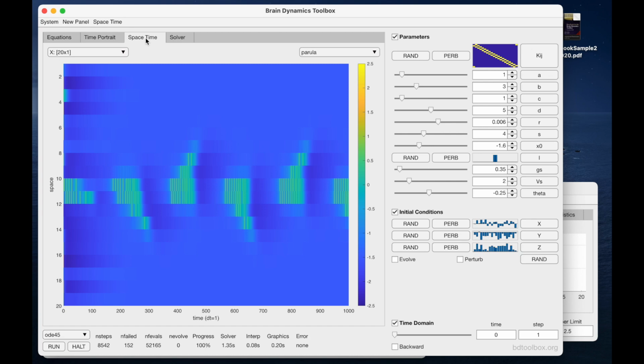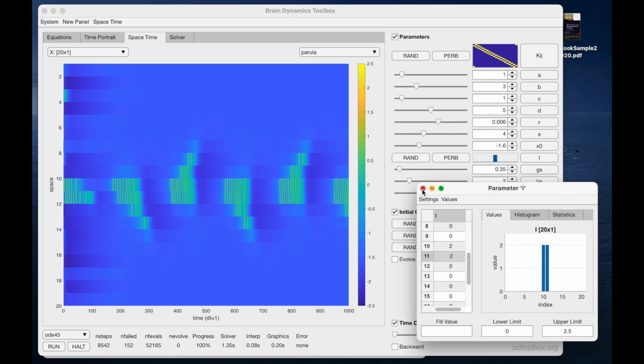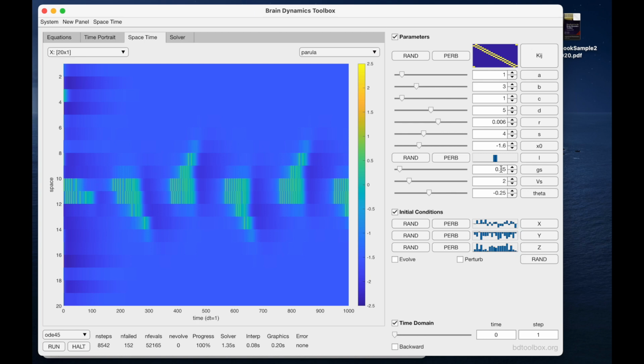Switch back to the time portrait, and we can see those neurons burst, and they start to emit little traveling waves out to the side which don't quite propagate around the ring. So I'll get rid of that, and let's just play with our synaptic coupling strength, GS. So if we increase the coupling further,